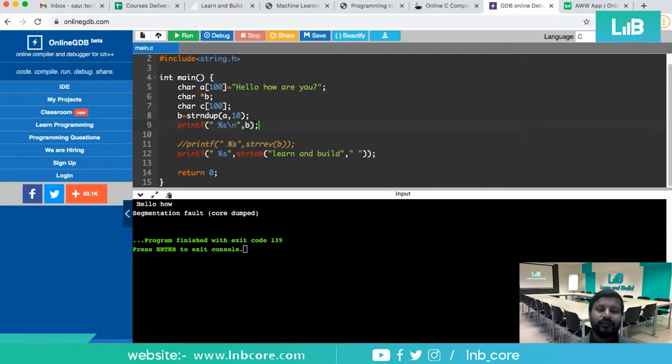Suppose your data is hello, and I want to encrypt it. So instead of H, I would place I. The next letter of each letter will be placed. Instead of E, F will be placed. Instead of L, M will be placed. Likewise for O. If you have made this small change, you can say you have encrypted your actual data into another form, and this strset helps you do this, changing one letter into another one.